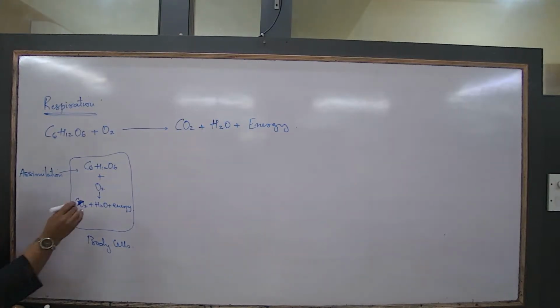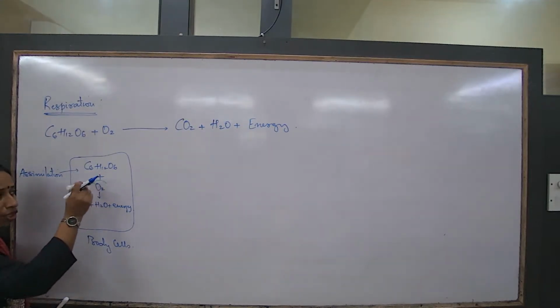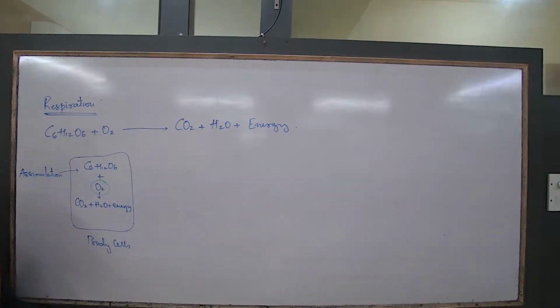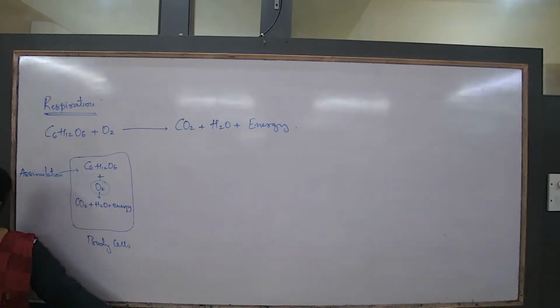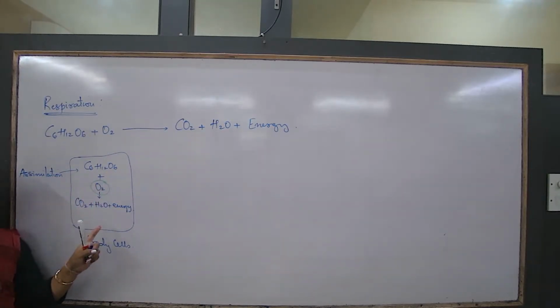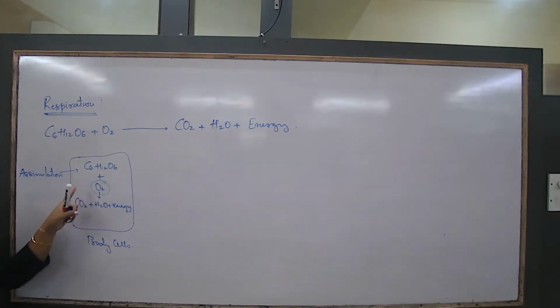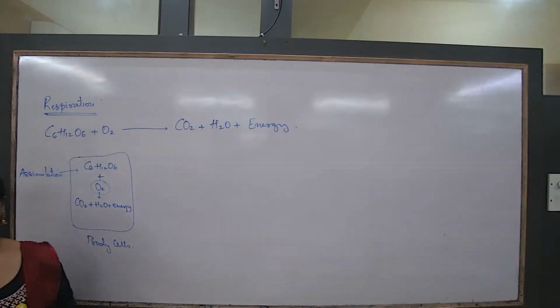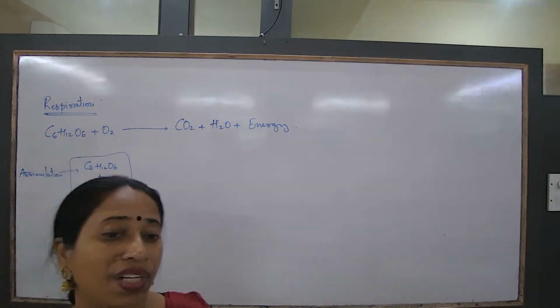So I'm saying that this oxygen that I'm showing you as a component, yes, 90% of the organisms have it, but there are some 10-15% organisms which don't have oxygen in their cells. So should the glucose be broken down in some other pathway? Yes. The pathway of glucose breakdown is different for them and for us. So we are going to learn now what the different pathways of glucose breakdown are. But before that, we'll have to know what the definition of respiration is.